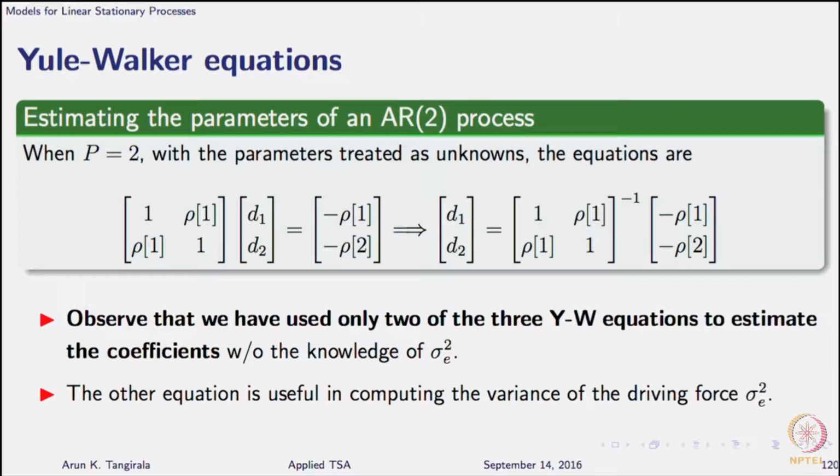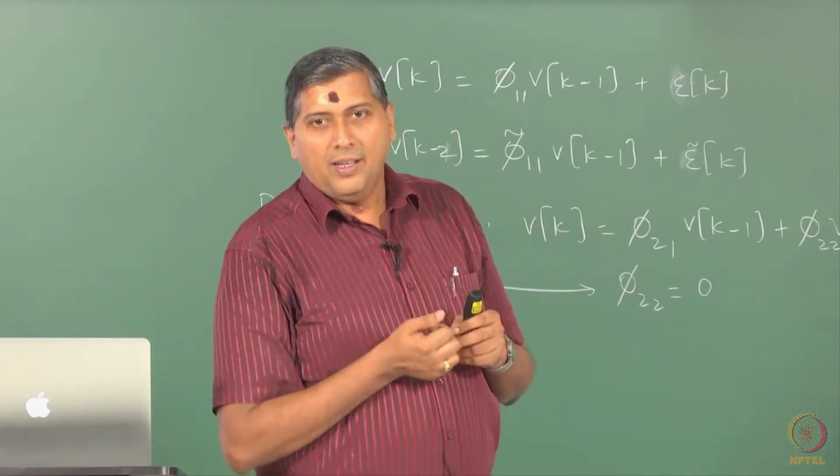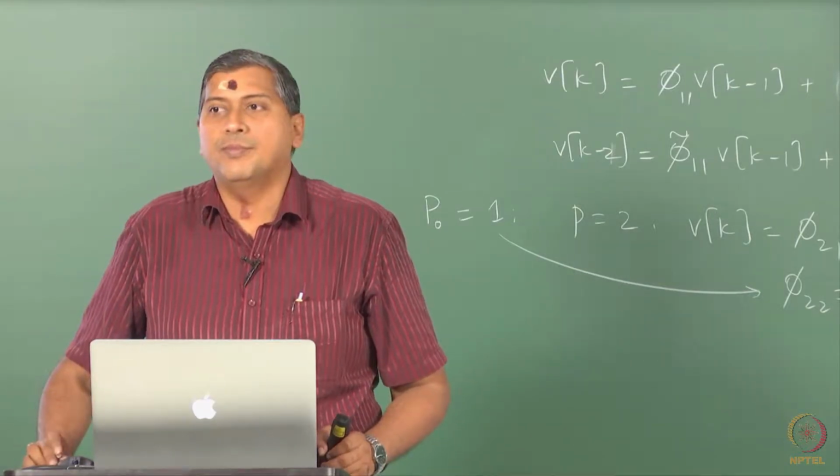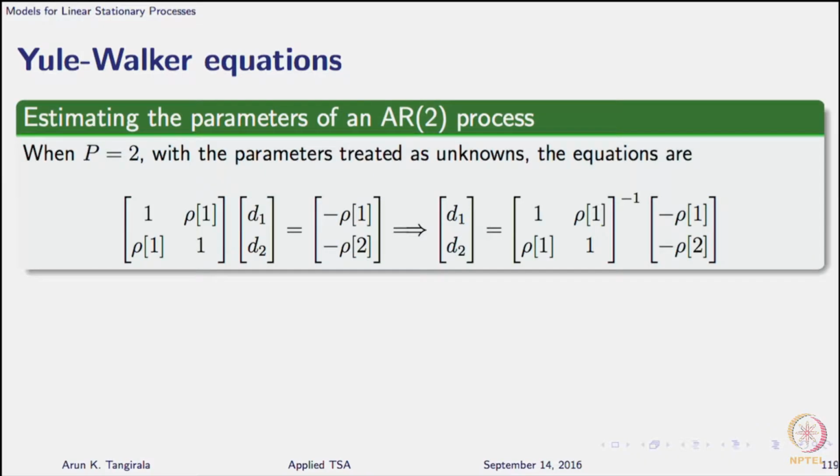What would be the value of d2? Let us say if d2 is 0, then phi 2 2 is also 0. For an AR1, the equations that you set up in Yule-Walker equations are fairly generic for a generic AR process, but if you are given that the underlying process is AR1, then from these equations here, what is the value of d2? The generic solution, the symbolic solution. So d2 would be,